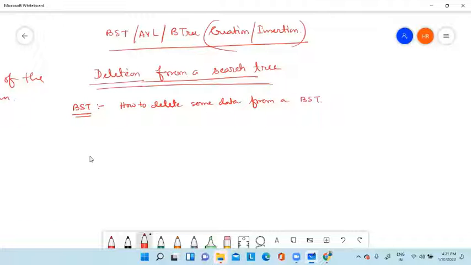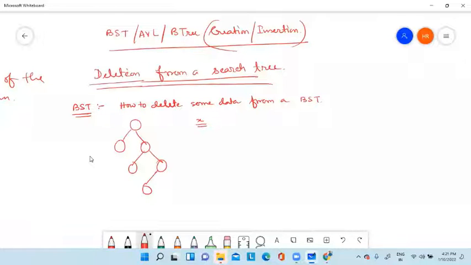Now see, if this is a binary search tree, I have created a binary search tree like this. Suppose I am going to search this particular element X in this search tree, then what is my logic?